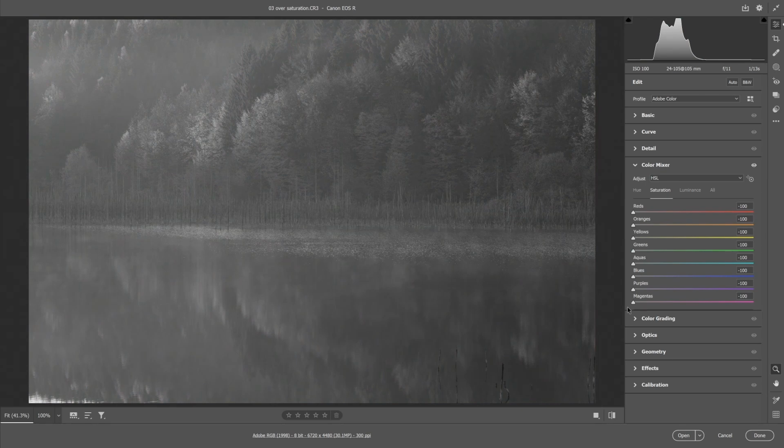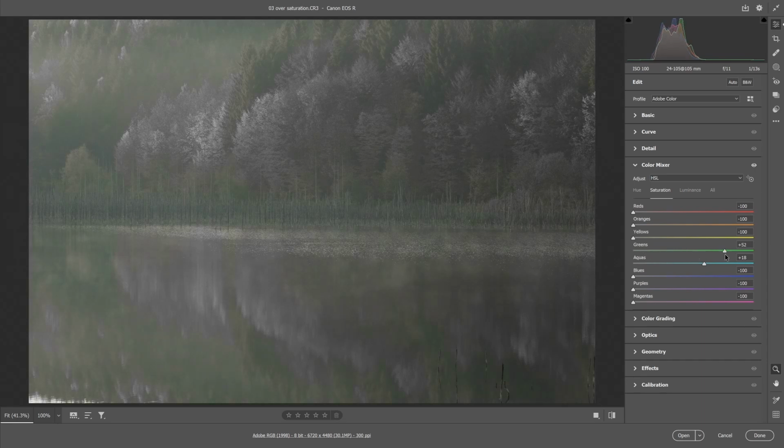I don't look at the values. I look only at the image and see how much color that particular slider introduces in the image. For example, magentas, none, purples, none, blues, none, aquas, a little bit of aqua,